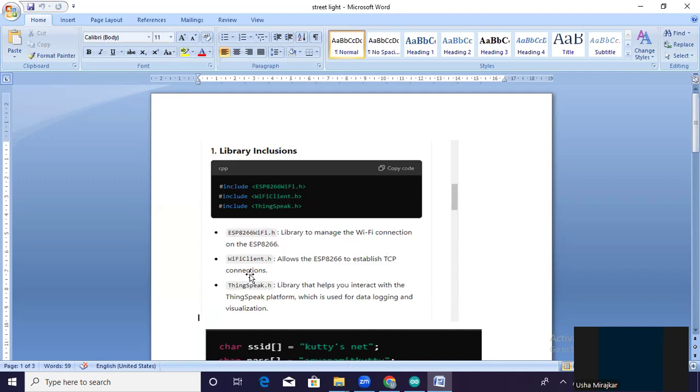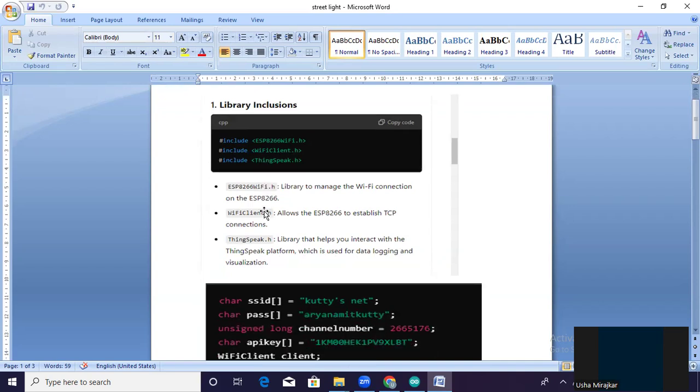And WiFiClient.h allows the ESP8266 to establish a TCP connection, and the ThingSpeak.h library helps to interact with the ThingSpeak platform, which is used for data logging and visualization. Therefore, these are the three libraries which we have included in the program.